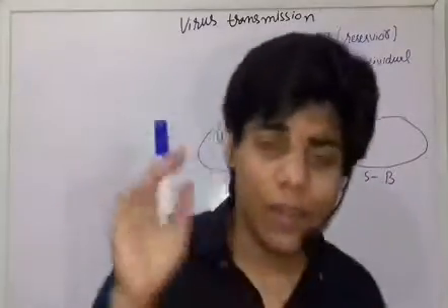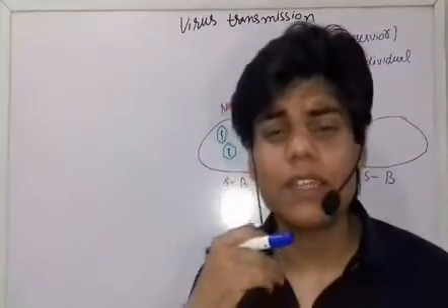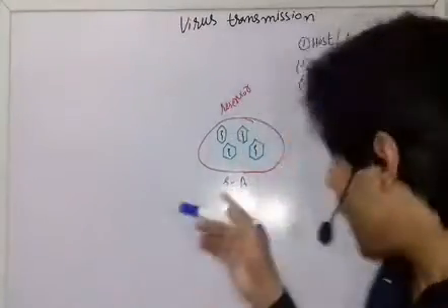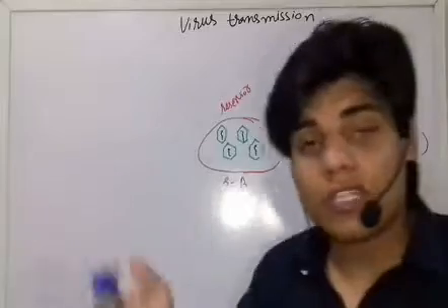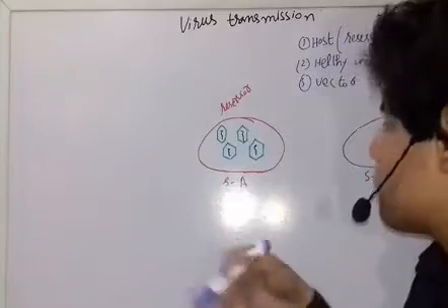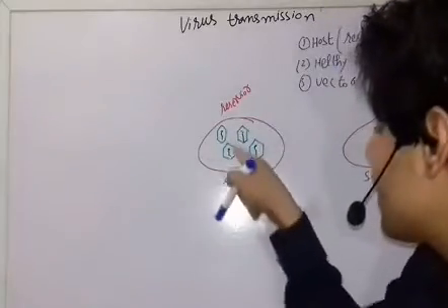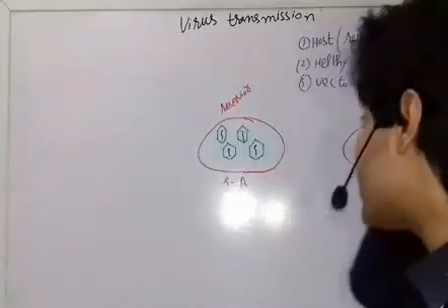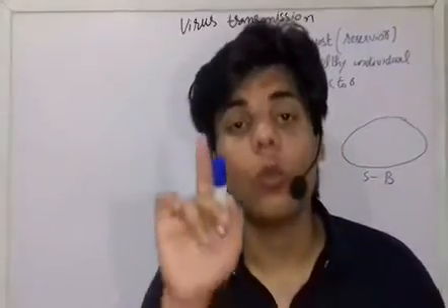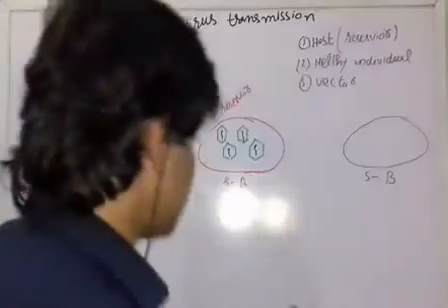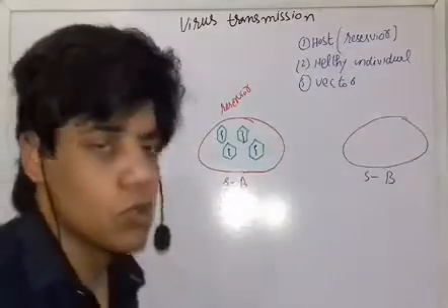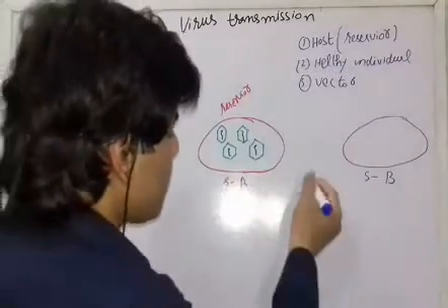The infected host does not transmit the disease directly to the healthy host. They need something by which this reservoir transmits the virus infection to the healthy host. What are these things by which they can deliver their disease to the healthy host? How is it possible? It is possible with the vector. So now let me write. The disease will be transmitted to the healthy host through a medium, and this medium is called the vector.